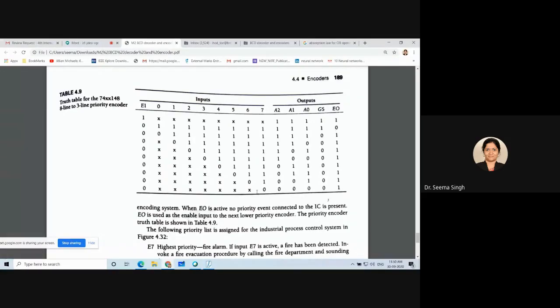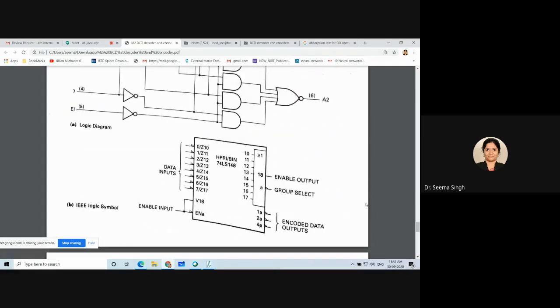Active low output. And for EO also, write down, EO is an active low signal. All of you please note it down. EO is an active low signal that can be used to cascade several devices to form a larger priority encoding system. So EO is something which is used for cascading purposes. It is written here somewhere. I will show you.